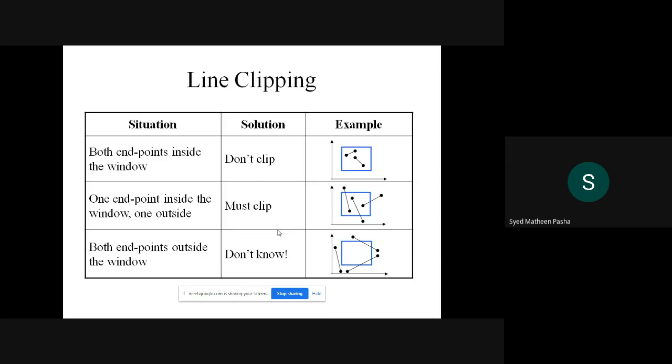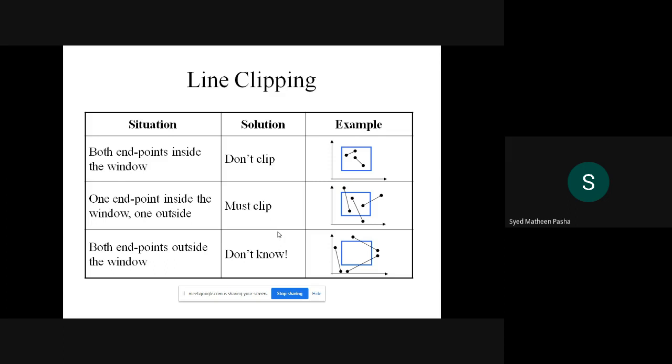These are some of the five-marker questions I can say. Or they might ask you for five marks and ask you to explain point clipping, line clipping, or curve clipping, and so on. So these are some of the important questions that can be asked for two markers or five markers. It won't exceed eight markers. If they're asking for eight markers, the next algorithm might come for eight marks.